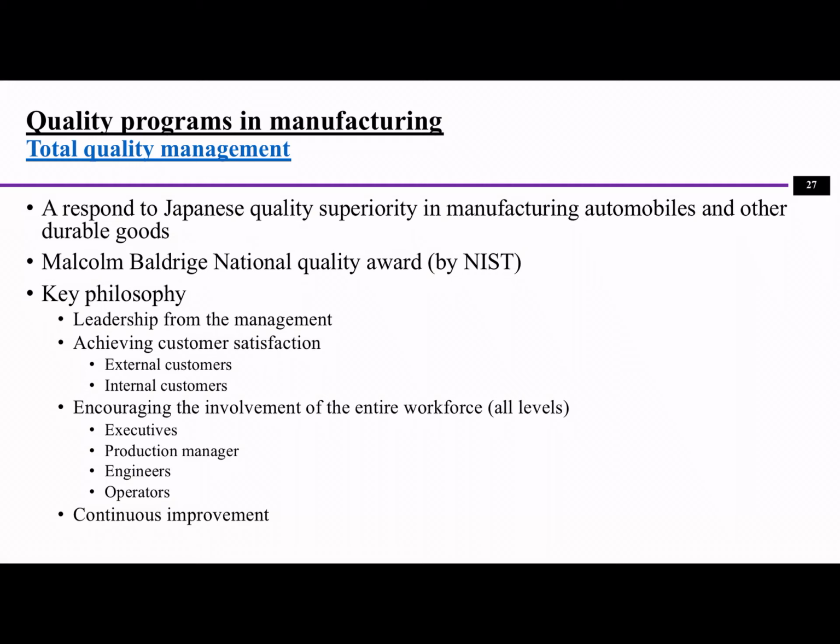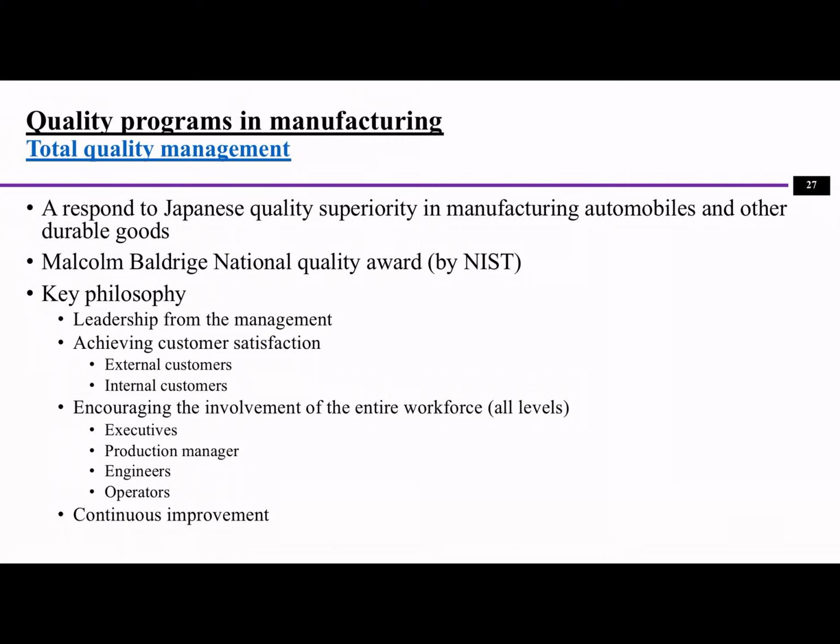First, total quality management. Total quality management actually started in the last century, when the Japanese industry got revived after the Second World War, and they started to make really good quality products with more economical processes. That's why their products were getting more competitive in the market. In order to respond to that situation, the U.S. started to pay more attention to quality management,